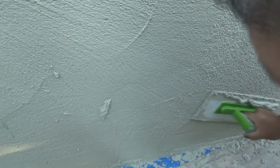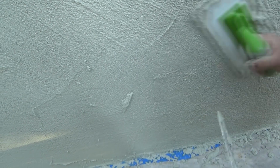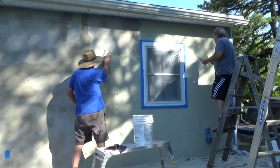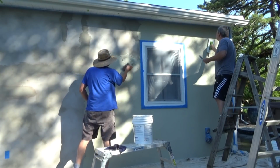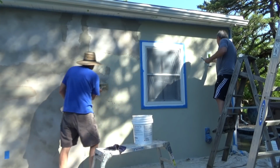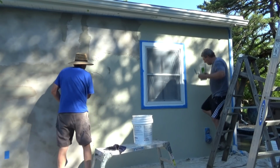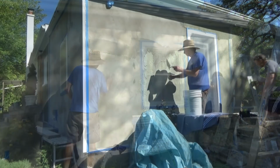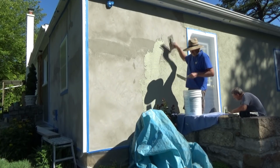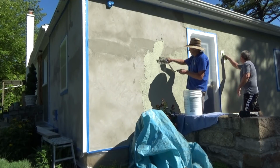That sand finish out. Rub it with the plastic trowel. As we're doing this and you're wondering what time of year it is, that's one of those cicadas that come out every